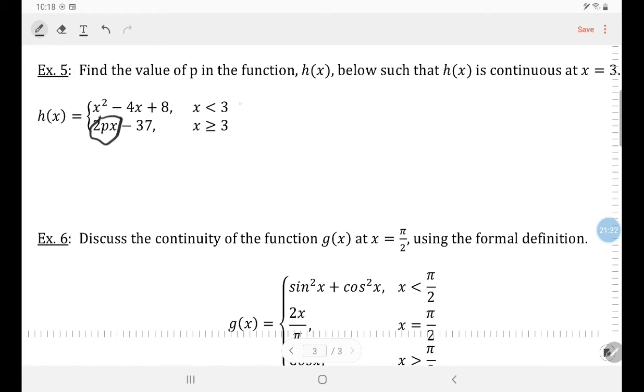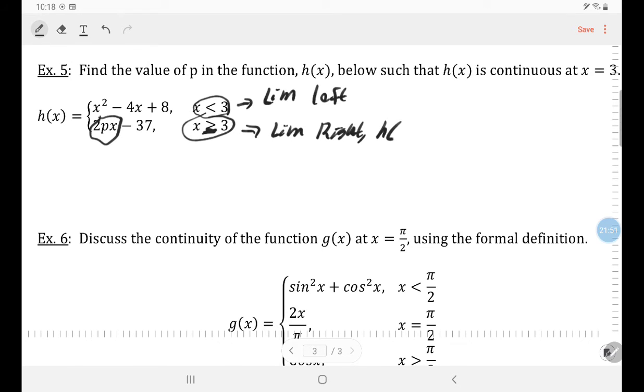that makes that true. So again, I look at my domain, less than 2, that's my limit from the left. Greater than 2, that's my limit from the right. And since it has the equals there also, that is also my value of h of 3. So